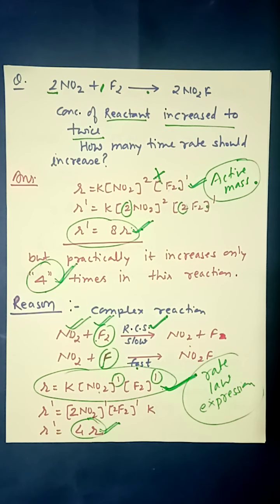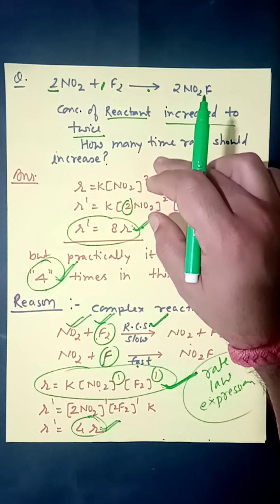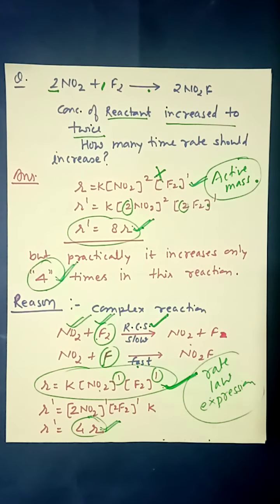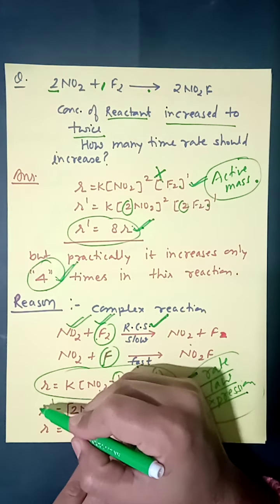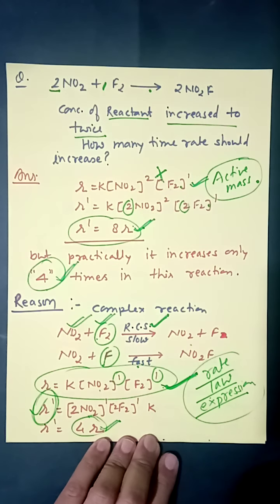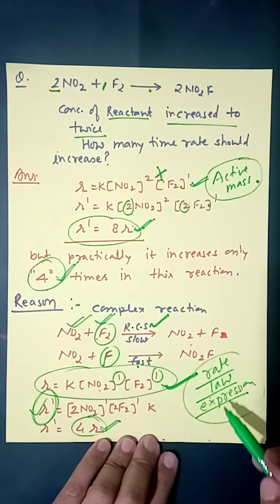order of reaction. So the basic aim to discuss this question is, as compared to the previous question, in fact in previous year, you have used law of active mass, because in previous year you did all the questions for elementary reaction only. When you discuss questions with respect to complex reaction, you are required to use rate law expression in order to calculate the correct value for rate of reaction, and this law is known as rate law expression.